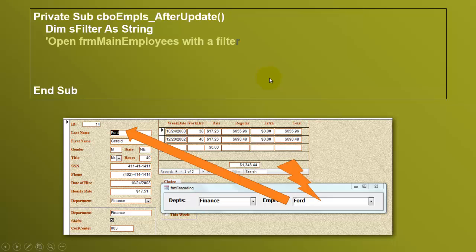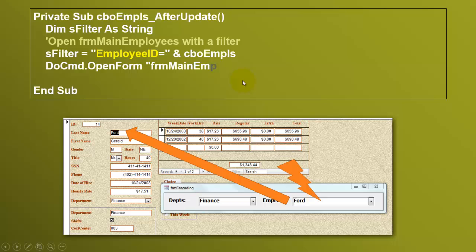So we open the form main employees, that's how I called this form, with a specific filter. Set the filter first. The employee ID equals whatever comes out of the combo employees bound column. Again, my IDs are always real numbers. If they are not real numbers but text, you have to use the trick I discussed before. Then we use the DoCmd.OpenForm